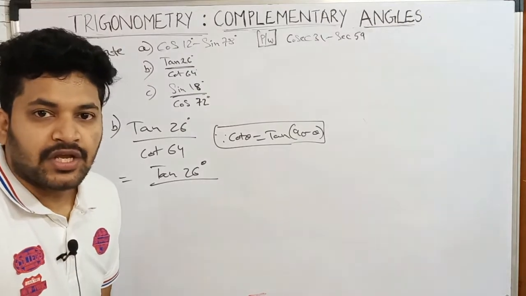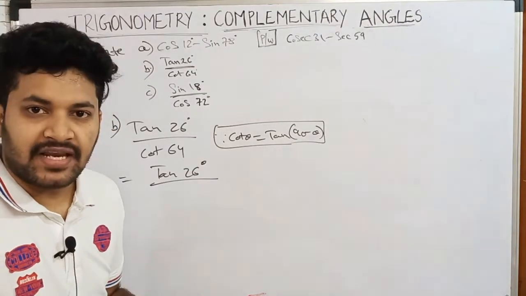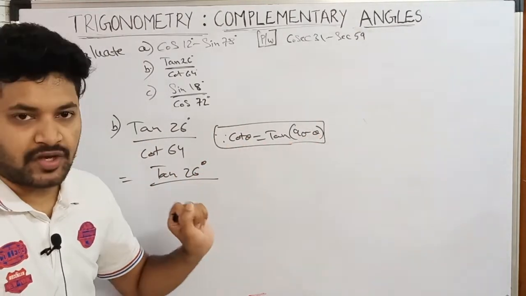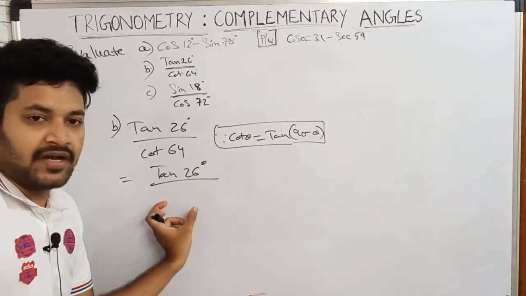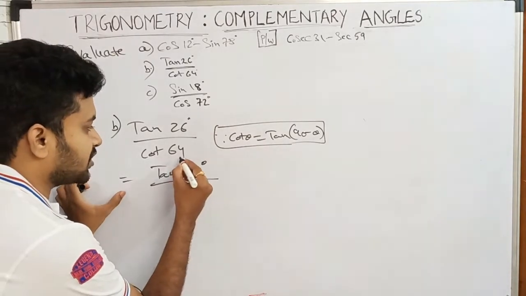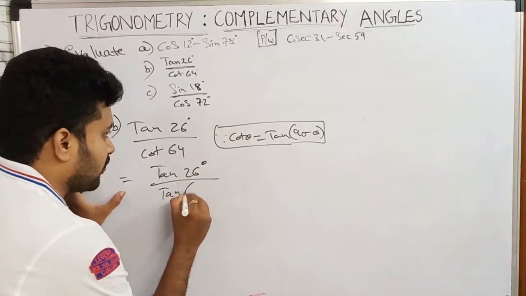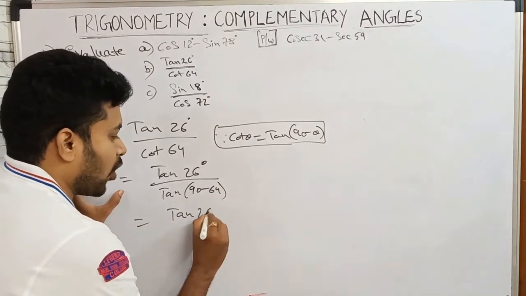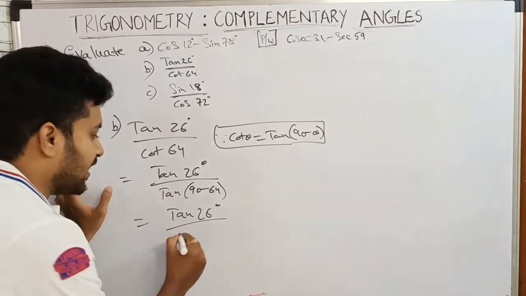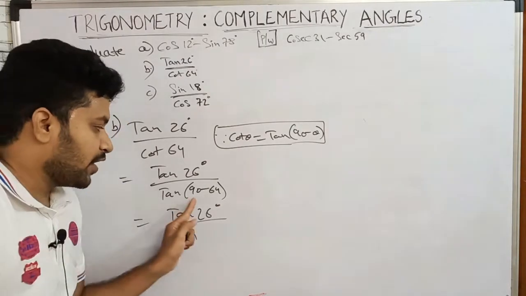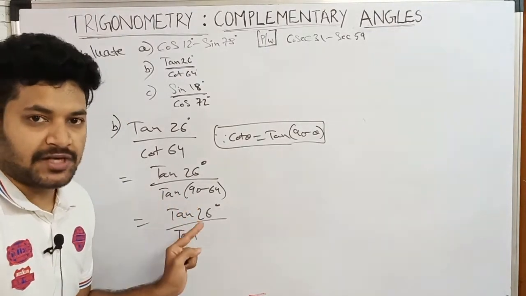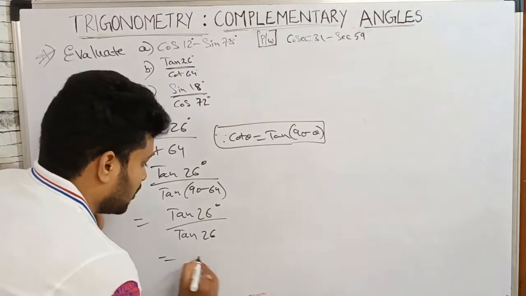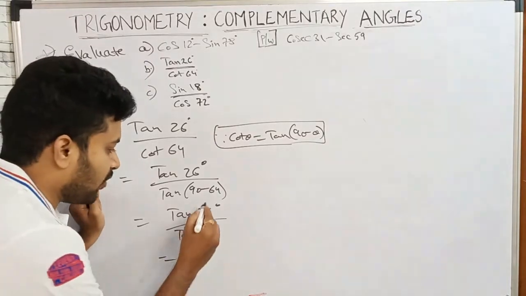Here what are you doing? You are doing nothing. You are not subtracting any value, not doing any hard work. You are just copying 64 here and 64 here. So that RHS I am copying in the denominator. In place of cot 64 I am writing tan of 90 minus 64. The numerator is copied exactly, tan 26, and only here you do the work: the subtraction part. 90 minus 64 is 26. So in the numerator we have 26 and in the denominator we have 26.